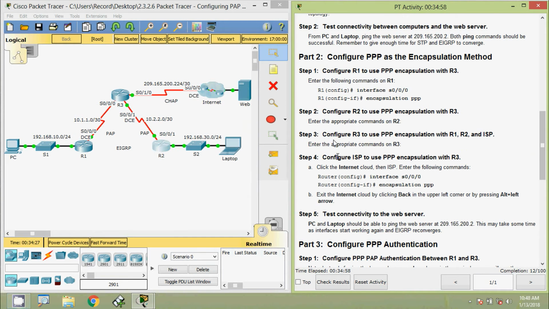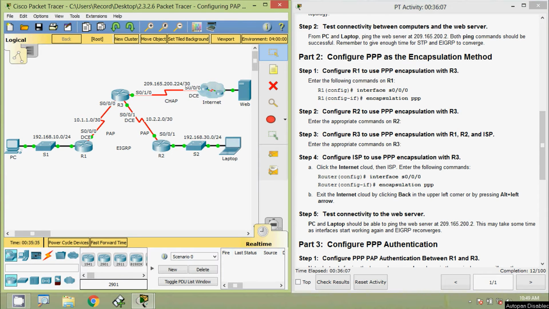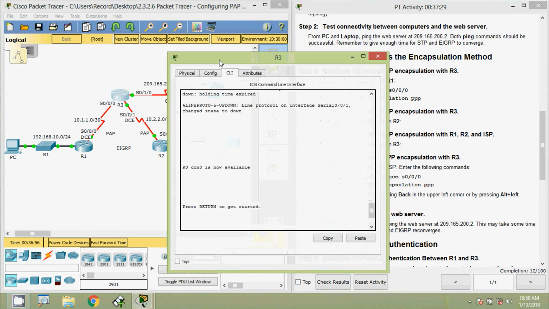Coming to step 3, configure R3 to use PPP encapsulation with R1, R2 and ISP. Enter the appropriate commands on R3. Coming to the topology, here we can see the router R3 with the serial interfaces: serial 0/0/0 connecting to R1, serial 0/0/1 connecting to R2, and serial 0/1/0 connecting to the ISP. So here we are going to use PPP encapsulation for all these interfaces. Coming to the router R3,